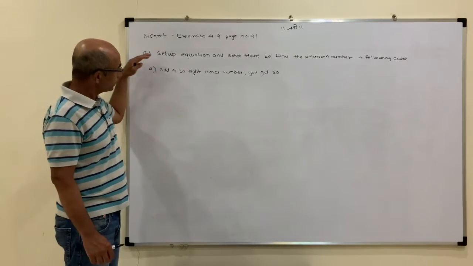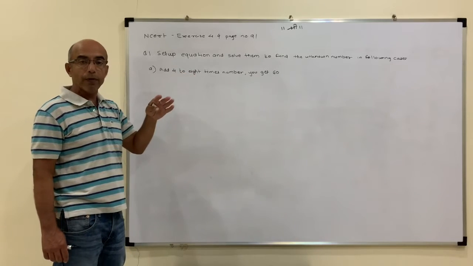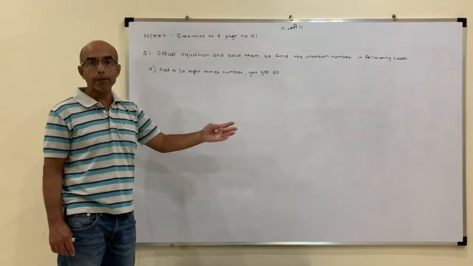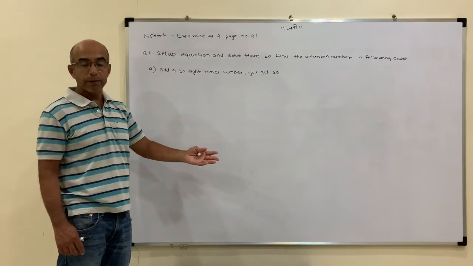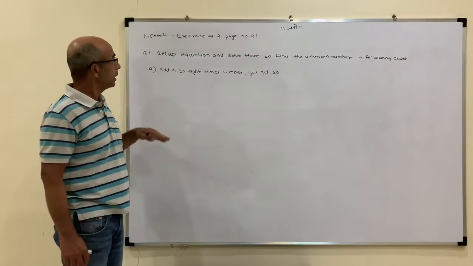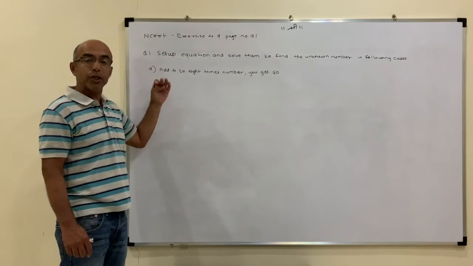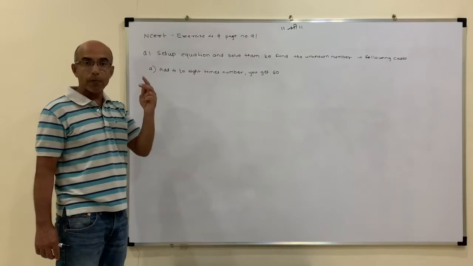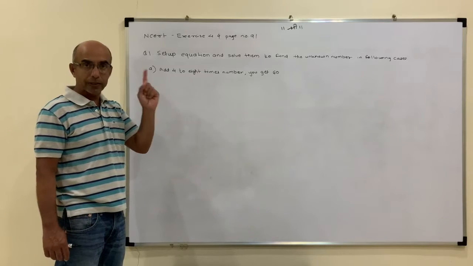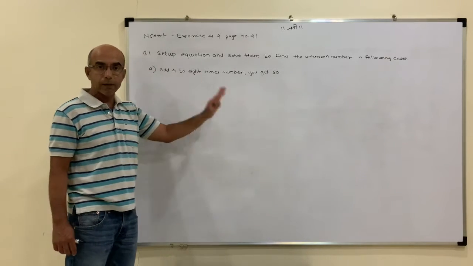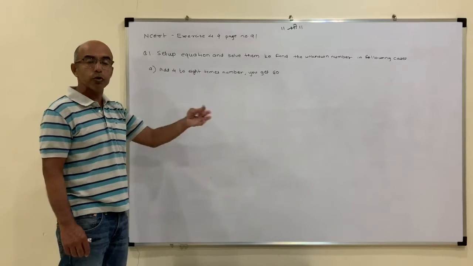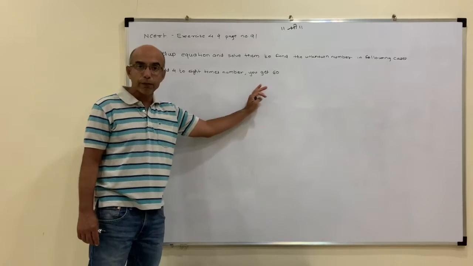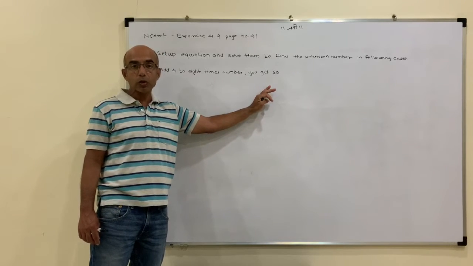Now in this particular problem, till now we were solving the equations which were given to us. We were finding the value of p, value of t, value of x, from the equation given to us. Now in this problem we need to construct an equation before solving it. So we will do this problem in two steps. The first step will be to construct an equation and the second step will be to solve the equation. So we need to read the question very carefully before we start solving it.